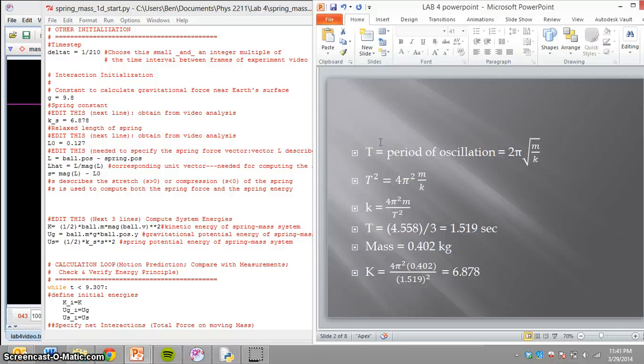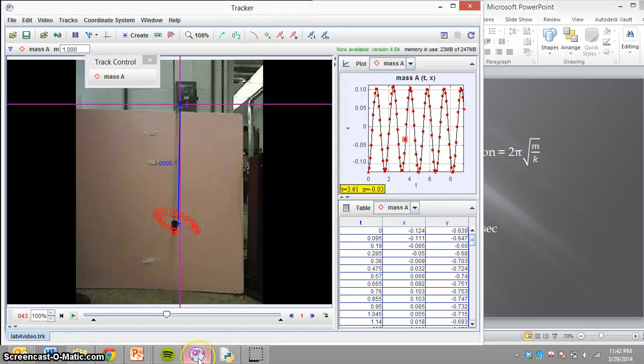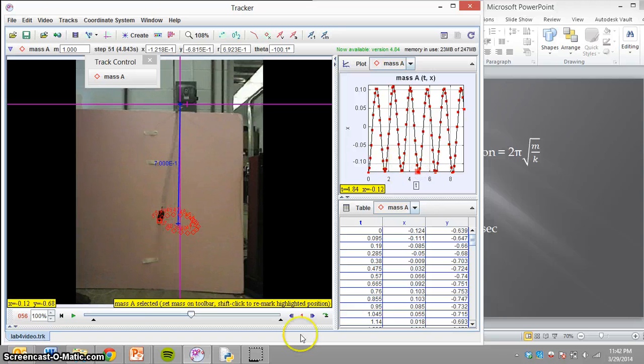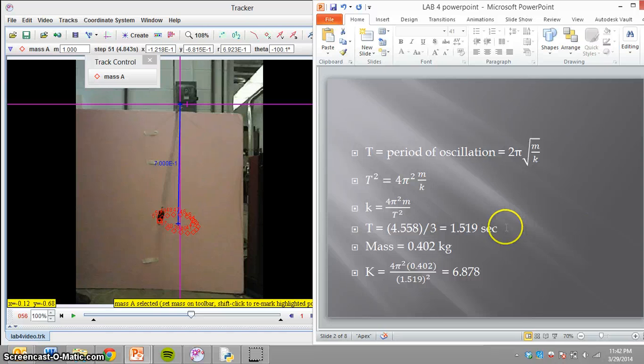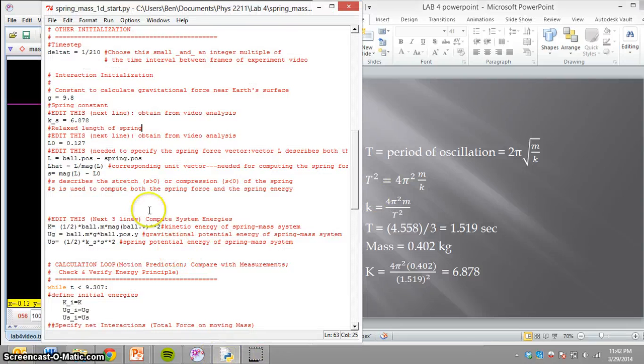Okay, so we know that the period of oscillation we can get from 2 pi times the square root of m over k. So we switch this formula around to find k. We can find the period of oscillation by looking at Tracker right here. Get these and get the average period of oscillation, which ends up being 1.519 seconds. So we use these numbers to get a k of 6.878. So we put that in there, and now we have to find